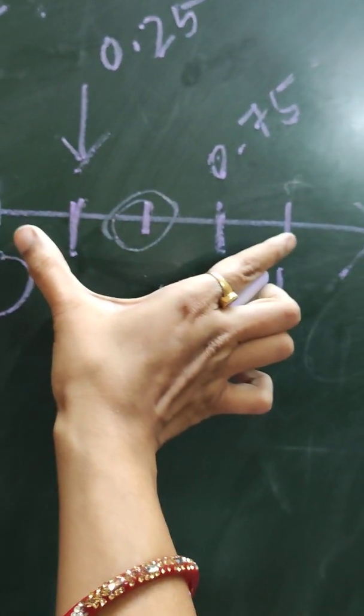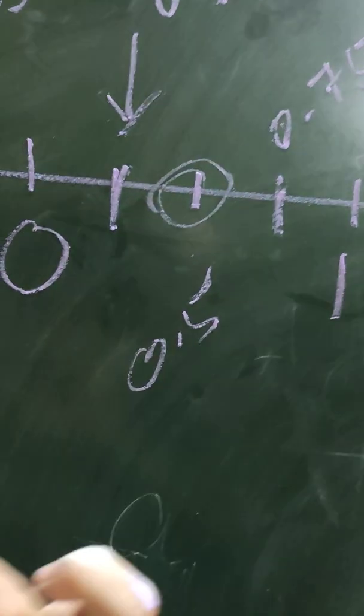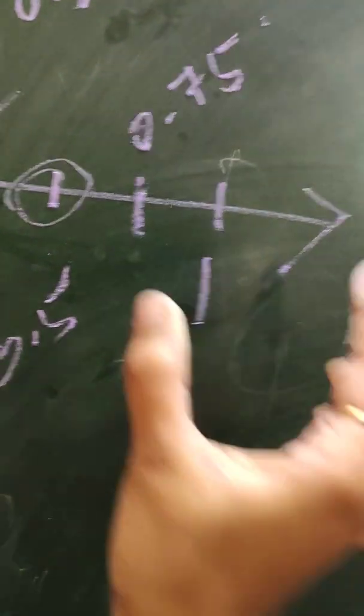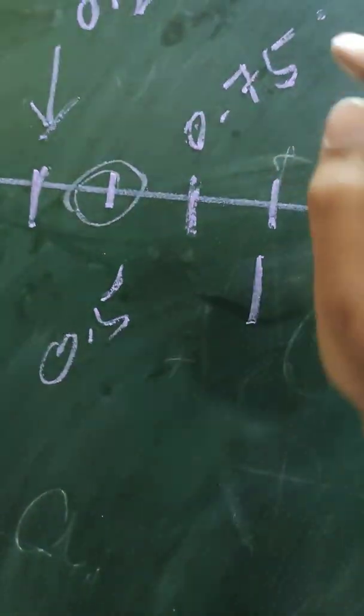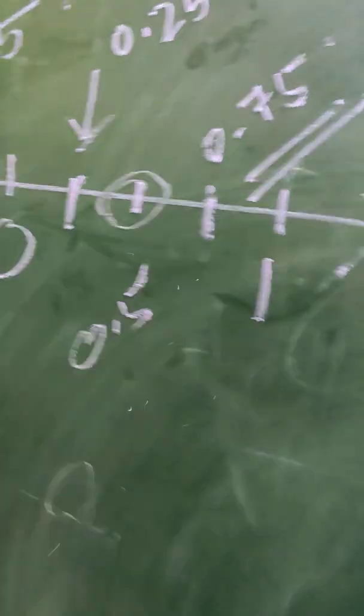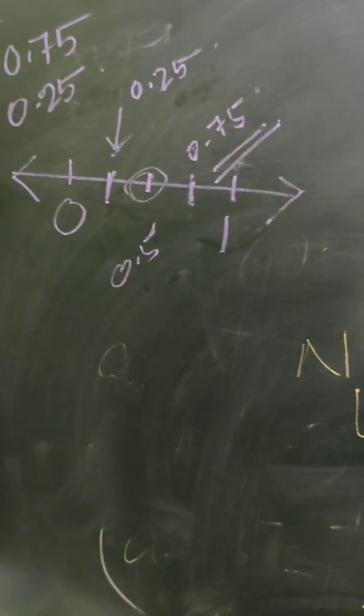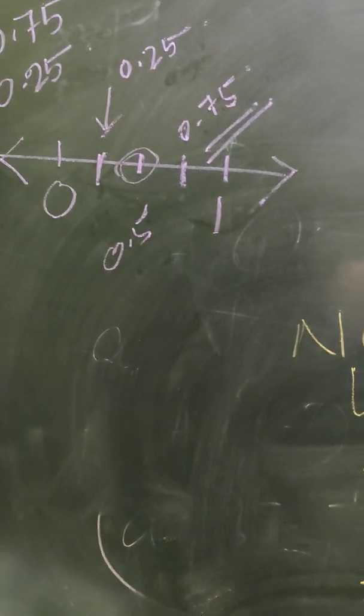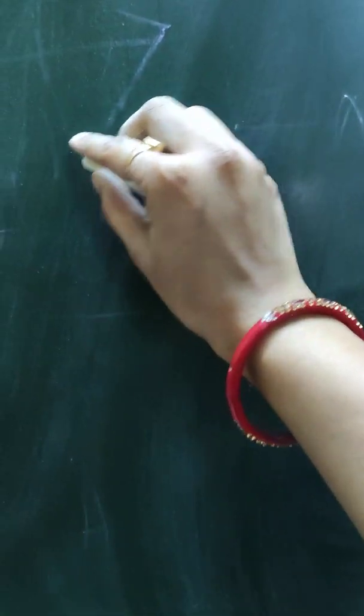Means you can say the whole space was divided into two equal spaces. The space between 0 and 1 was divided by 2, so it gave me 0.5. The space between 0 and 0.5 was divided by 2, it gave me 0.25. The space between 0.5 and 1 was divided by 2, it gave me 0.75. This is how the number line is created and the points of decimals are marked. In case I have to perform operations like addition and subtraction on a number line, how will I proceed with it?